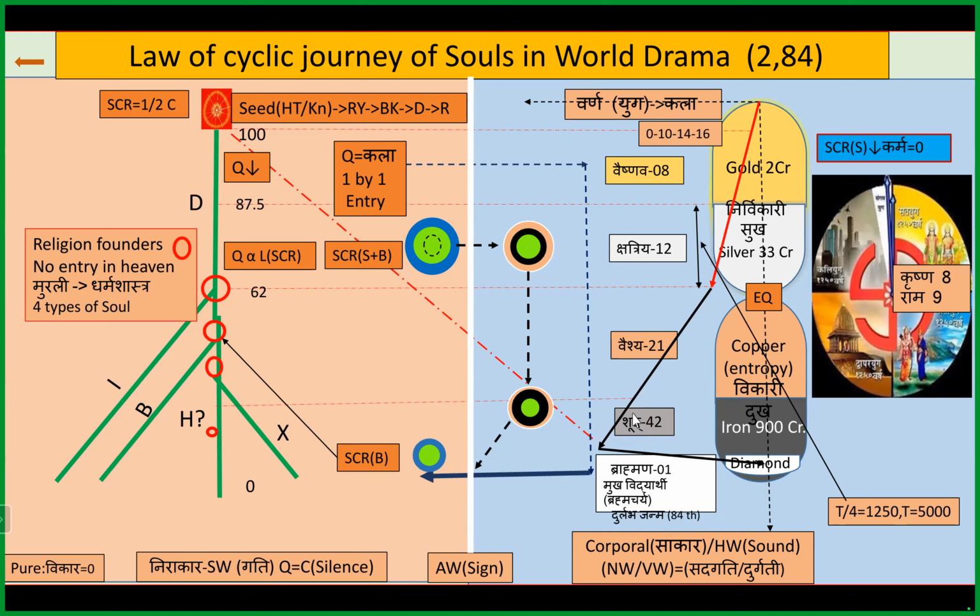If the cycle starts, we have to again generate this original color. So this happens. The script B is executed, and we have the bhog. So we have to suffer. Either by bhog or through yoga, we have to reinitialize the cycle. So when we do that, we generate with God conscious efficiency the script S, which is executed here. And so we say that here the kala is reducing. Here is the maximum kala in the golden age, and then kala keeps on reducing. So this is what happens.